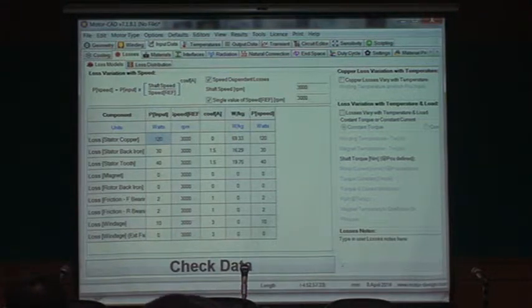Now remember what I told you? I told you that we can have a duty cycle, so we need to have the law that will define how the losses are going to vary with the speed. So in this case, the reference speed is 3000 RPM. Well, we'll talk about the variation after. 120, this is losses in the copper, we have losses in the back iron, losses in the stator teeth, stuff like this. We have the bearings, so I can say I'm not really interested in the bearing, but let's put